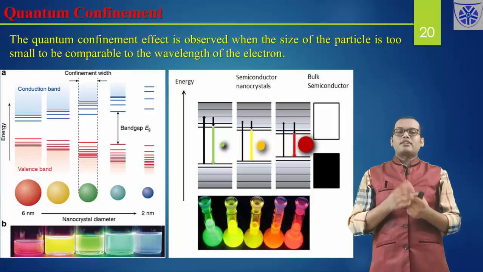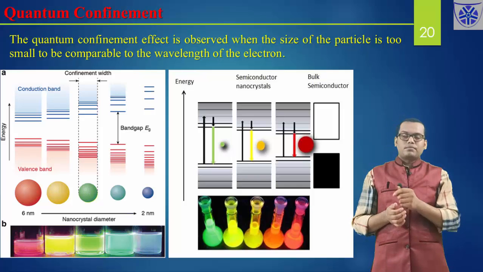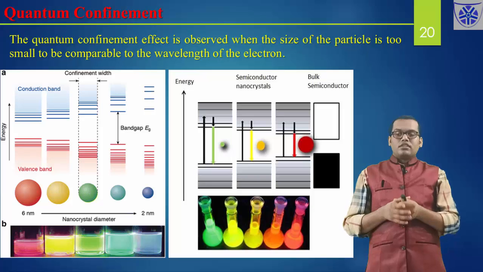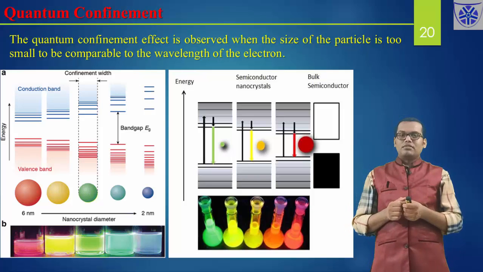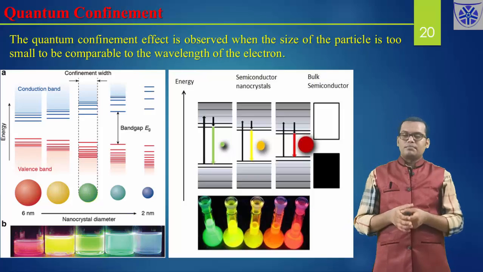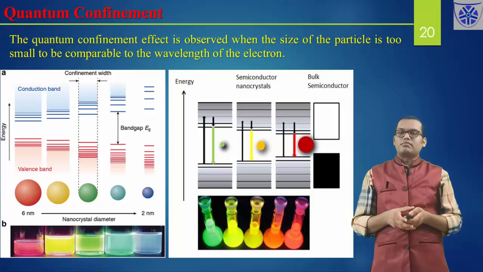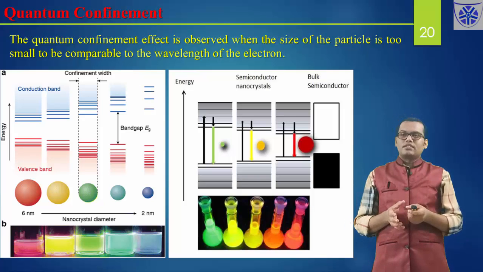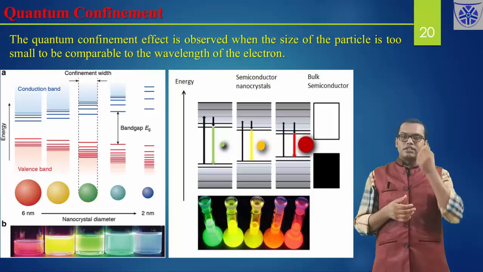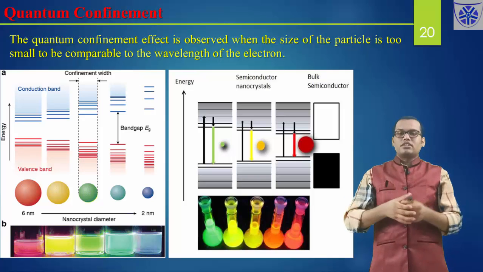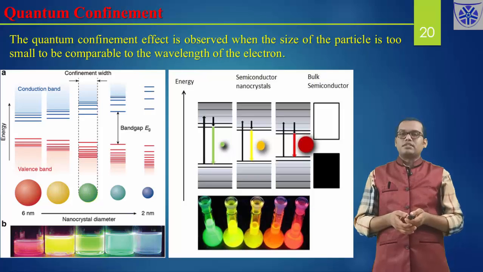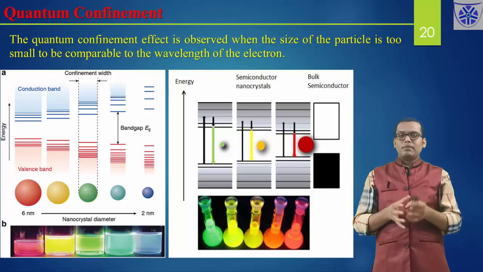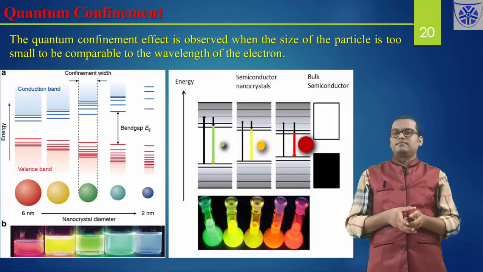So if you go back to the gold example, once the particle size of the gold nanoparticles is decreasing, you can see which color you are getting. Because of the band gap, based on the light that is absorbed, you get the color of the nanoparticles. So this is the effect of quantum confinement. It talks about the size of the nanomaterials, and once the size of the nanomaterials is equal to the de Broglie wavelength, then that will show the quantum confinement. Hope you have understood a little bit. I will discuss more whenever I talk about this in the class.